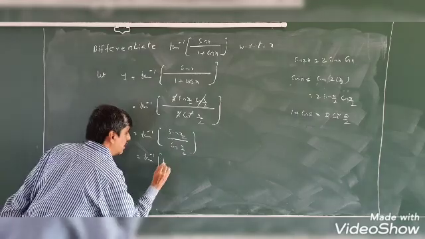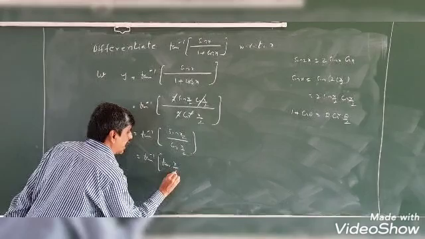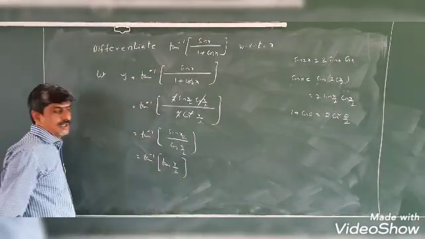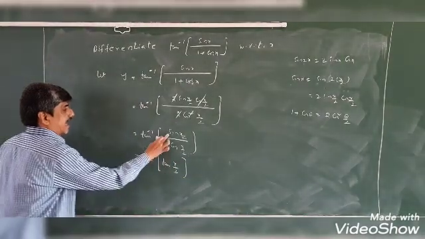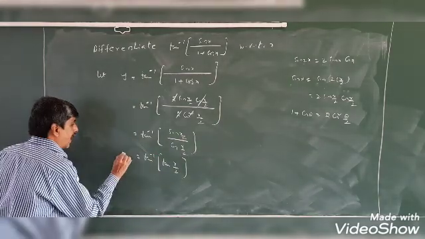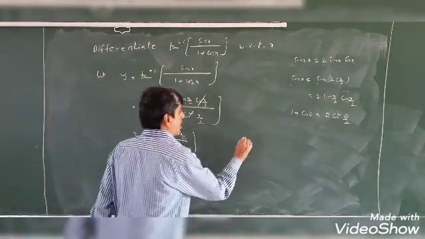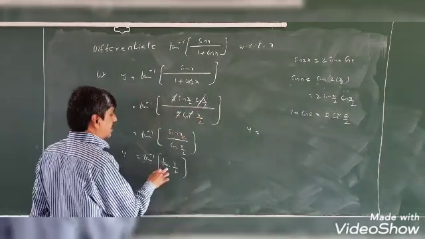So this is tan inverse of sin x by 2 by cos x by 2. Sin by cos is nothing but the tan ratio. Here the angle is x by 2. Sin theta by cos theta is equal to tan theta. Then sin x by 2 by cos x by 2, we write as tan x by 2. So y is equal to tan inverse of tan x by 2.